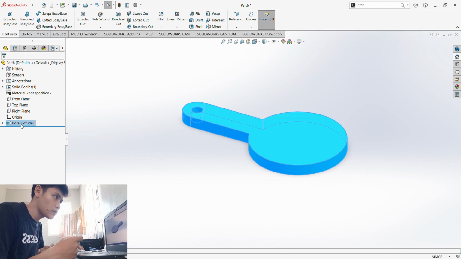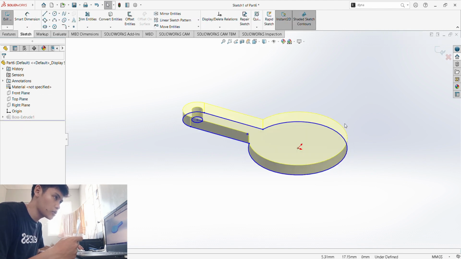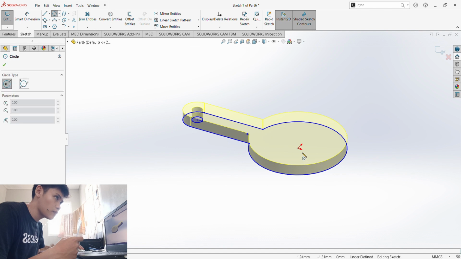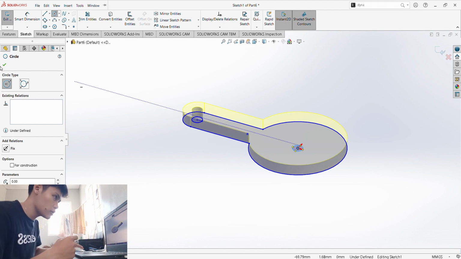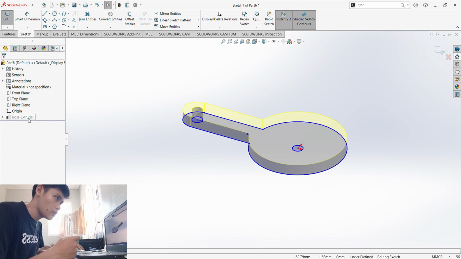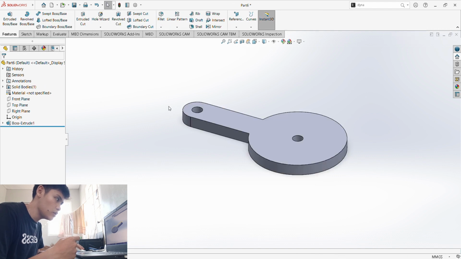Well, you could just edit this sketch, put a 3 mm hole over to check, and then just go with your build, and there you go.